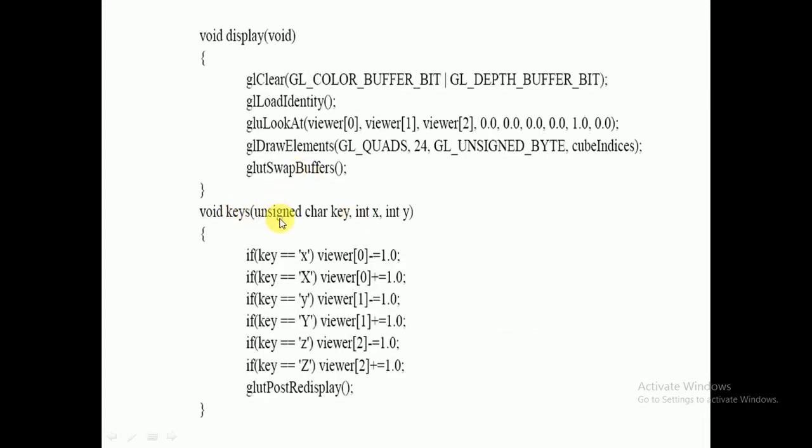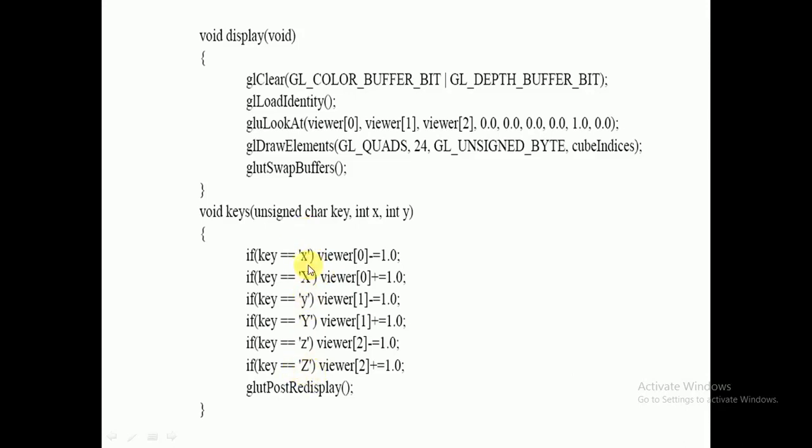Then, as I told you, it always returns 3 parameters. One is the unsigned char key, meaning among n number of keys, which key you want to use, right? Then when you are using the keyboard, your cursor must always be on your monitor. Then X and Y tell where the cursor was. When you press any key, your cursor must be on the monitor, only then will your key work, right? That is why it always returns the key. Then among those keys, which key, right? Here we are using these keys.